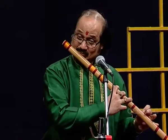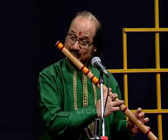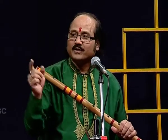It goes like this. And about murki? Basic murki will be simple, but then you can keep adding things into the murki as your requirement, as you feel the murki should sound bigger or smaller, or just the effect of murki. The basic murki will start like this in the flute. Certain ornamentation you practice for aroh, ascending and descending the same. But for murki, for descending, avroh, it will be different. So that you can master re sa